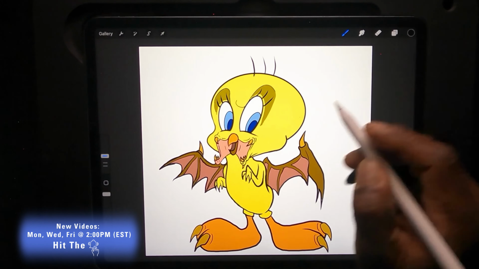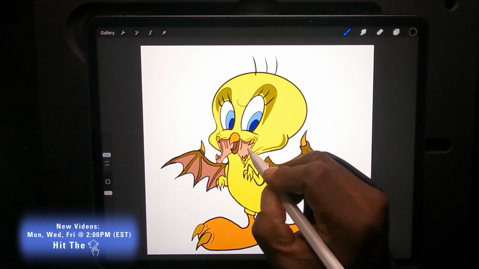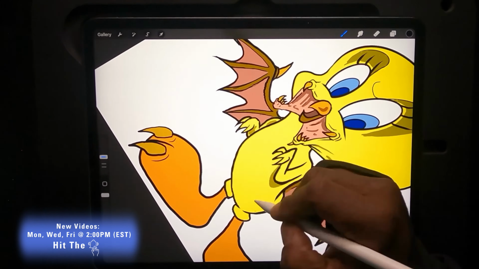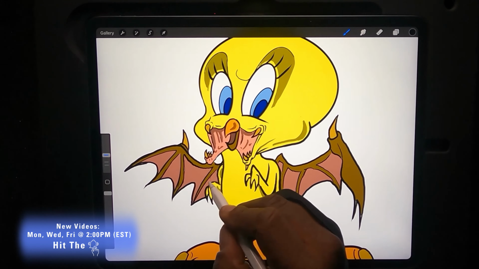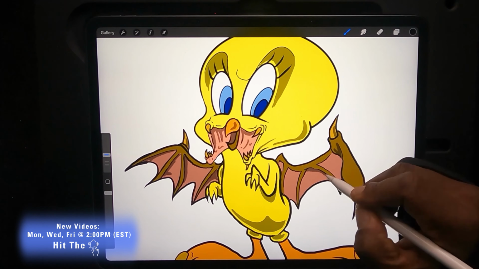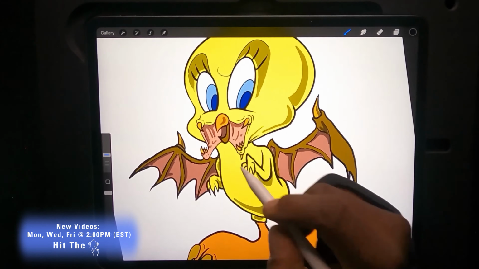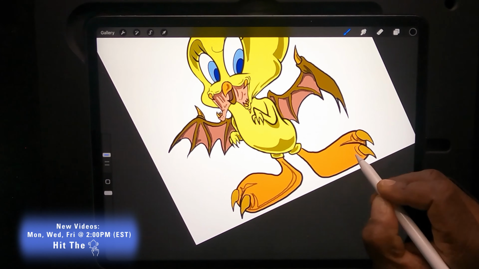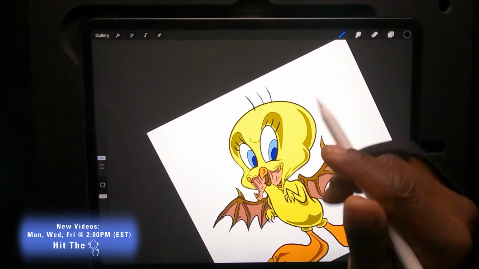Just add a little bit of shadow. I created another layer on top, and I'm just using that as the shadow and highlight layer. And we're just adding a hint of shadow and highlight. I don't want it to overtake anything. So you're just laying that out in little pieces, and then we are gonna add the highlight after that.